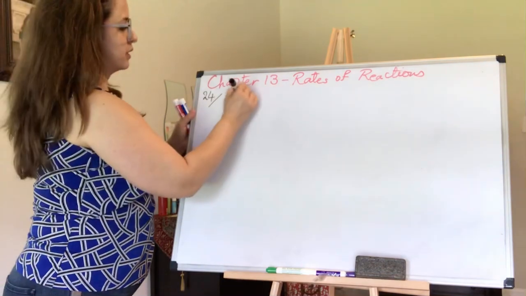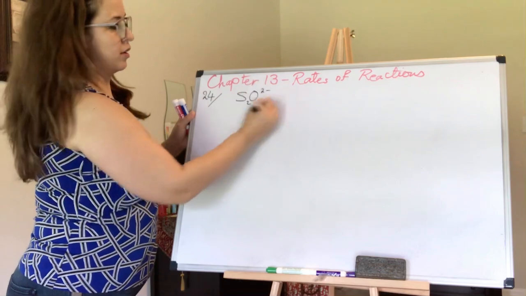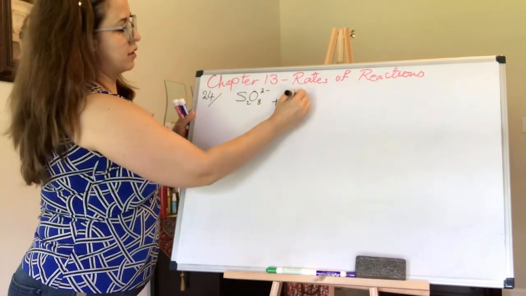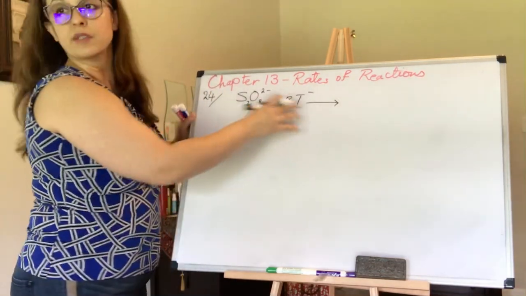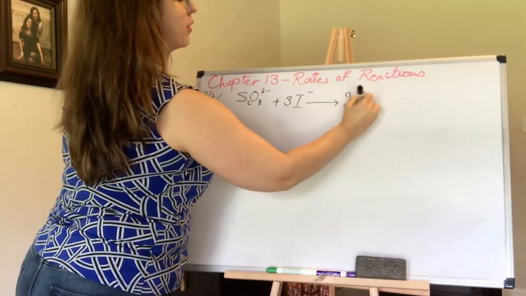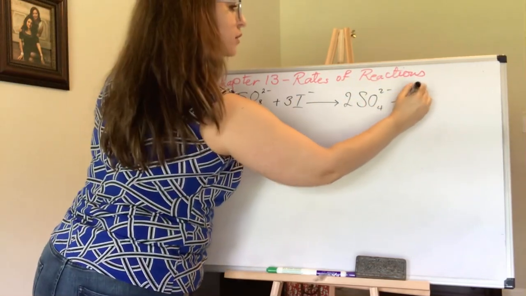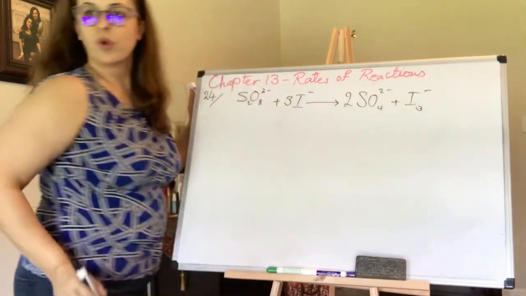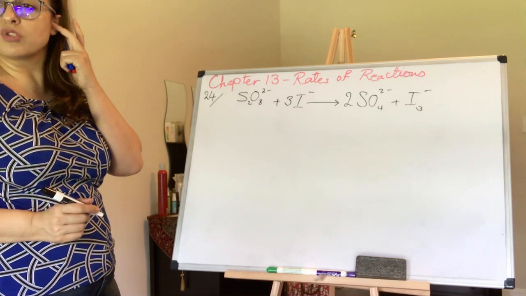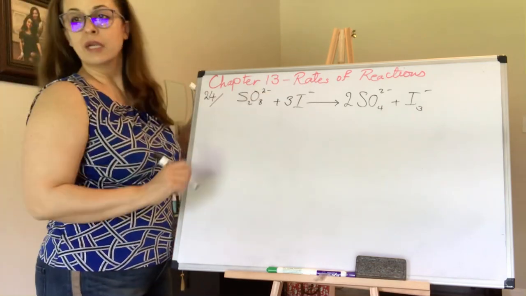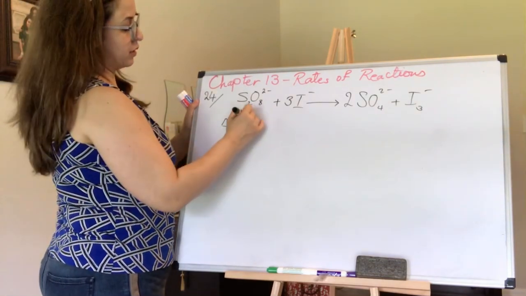The reaction is S2O8 plus iodide, gives sulfate plus triiodide. To save time, I just don't write the physical states because they don't matter here. What are we supposed to do? How is the rate of reaction that is expressed as the rate of formation of triiodide? Triiodide is a product, right? So the rate is going to be